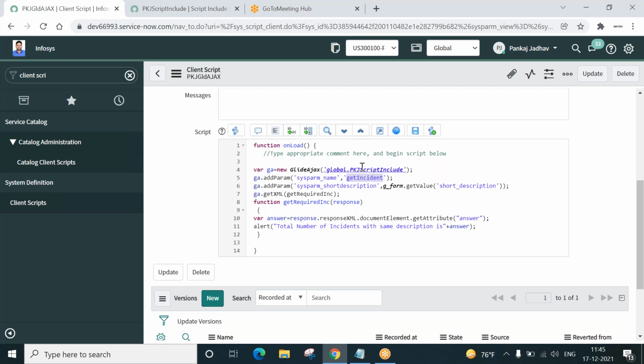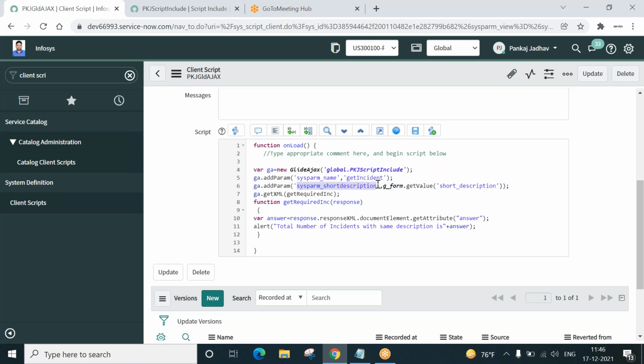The function present in the script include that we want to call will be specified over here. Using sysparm_name, we specify what function of the script include we need to call. So first we specify what script include we need to invoke, and what function inside the script include we need to invoke. Now, while invoking the function, what parameters do we need to pass?